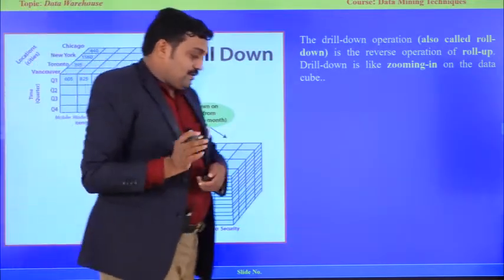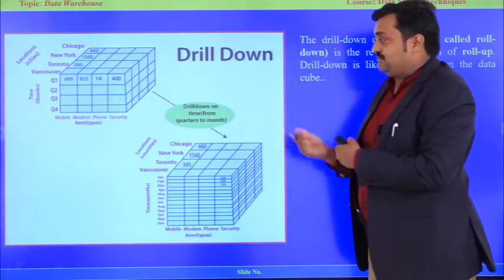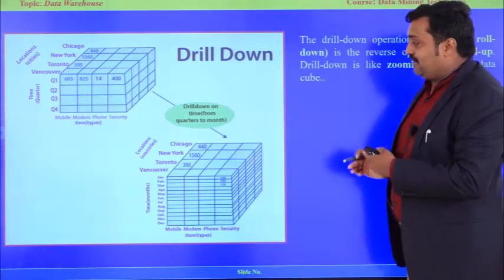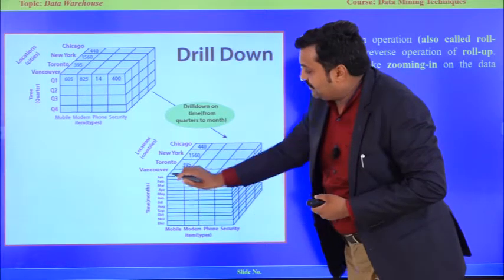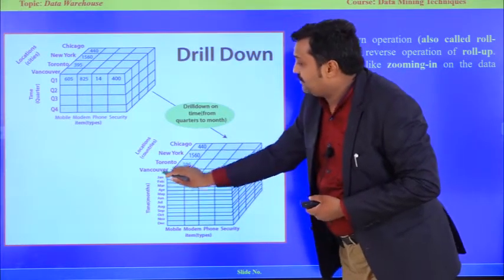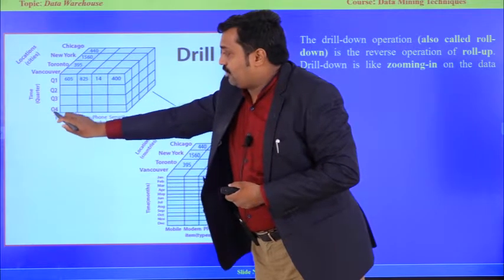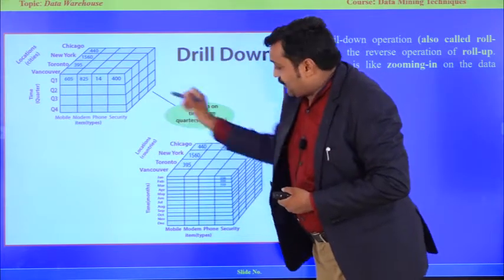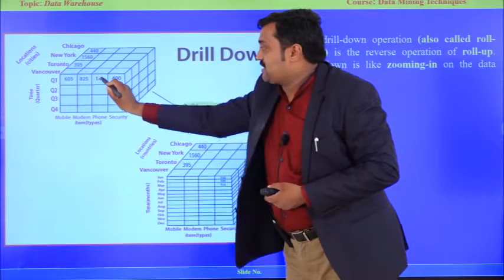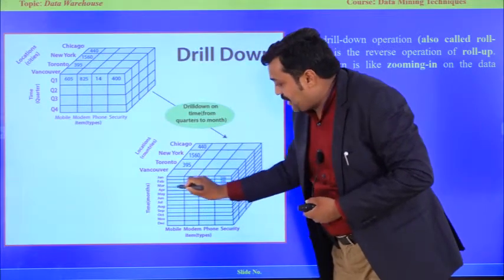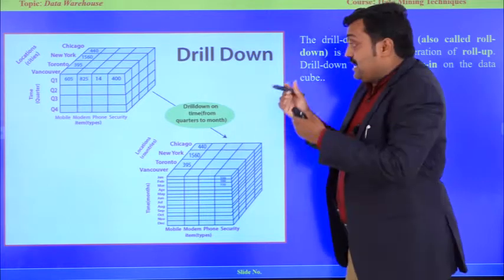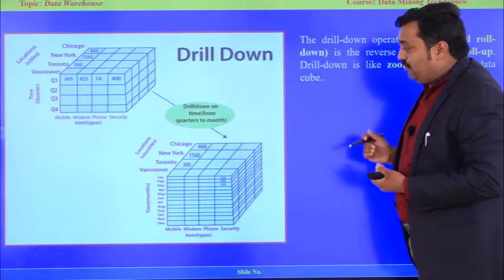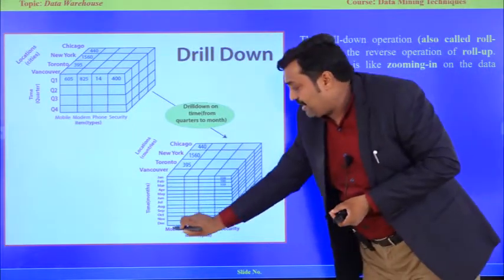Another is drill down, the opposite of roll up. It's a roll down: we have the huge data, and I need a particular month. We have quarter 1, quarter 2, quarter 3, quarter 4. Each quarter is nothing but 3 months. So if I need a particular month, I need to come down from these 3 months. Instead of 3 months, I need January, February, March up to December. That means we go from huge data to smaller data. We are climbing down to get the lowest-level value, either December.